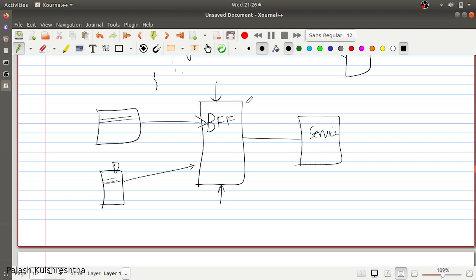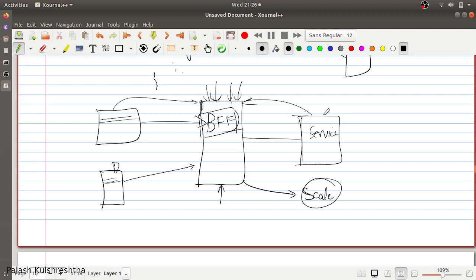Besides this, you have to look out for how you are going to handle this service, which team is going to take its ownership. Is the front-end team going to take its ownership? Is the back-end team going to take its ownership? Mostly front-end teams take this ownership, because this service is related to the front-end. Another point that you have to see is how it is going to scale, because backend services are generally meant to scale, but you have to keep in mind that this service will also need to scale along with increasing traffic.